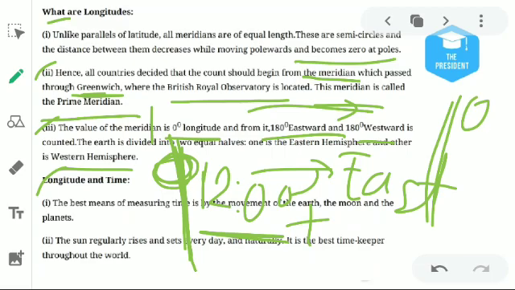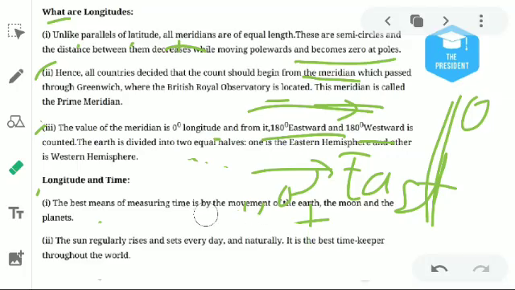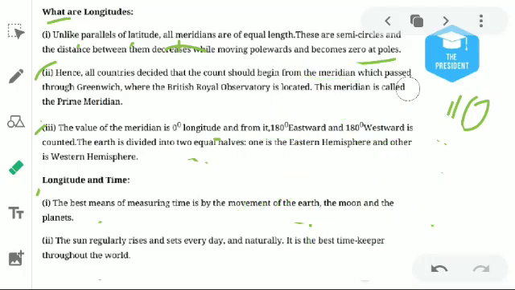But it is reversed with the westward longitudes. The time in the westward areas will always be below 12 o'clock, say 9 p.m. or 6 p.m. This is the difference, because the earth always rotates from west to east. That's why the time zones are higher and lower. So basically these longitudes are used to determine the time zones.